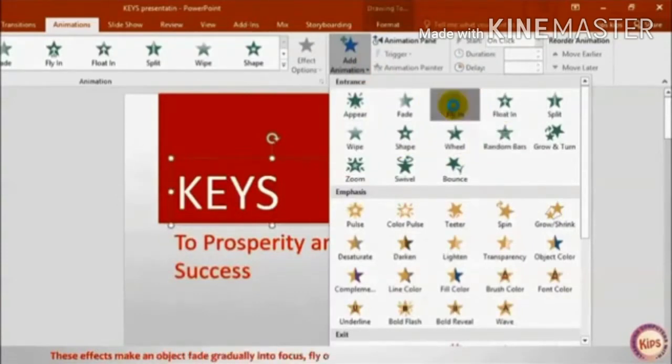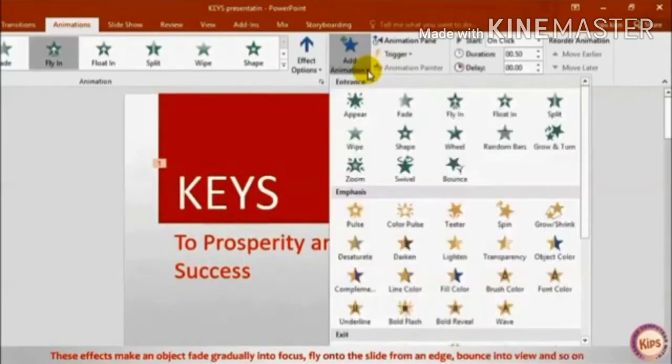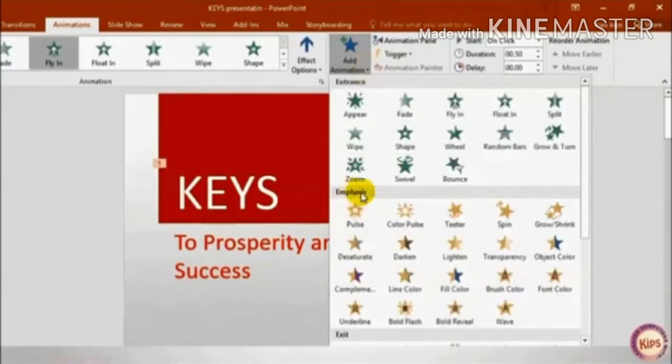These effects make an object fade gradually into focus, fly onto the slide from an edge, bounce into view, and so on. So this is a type of animation.